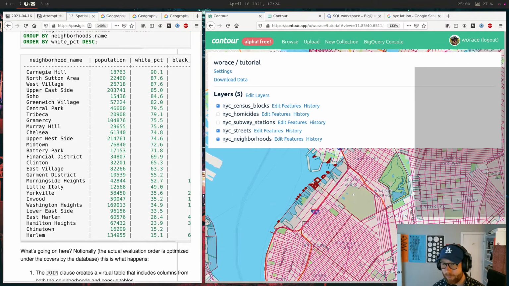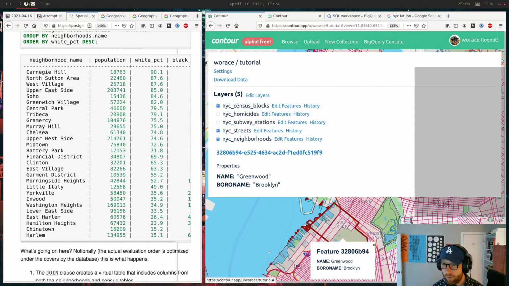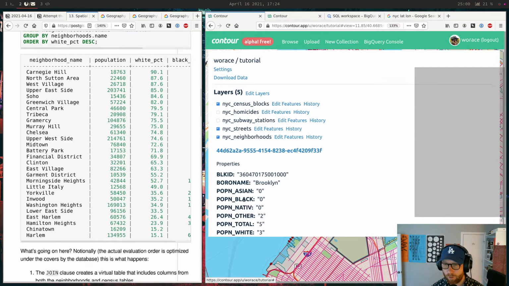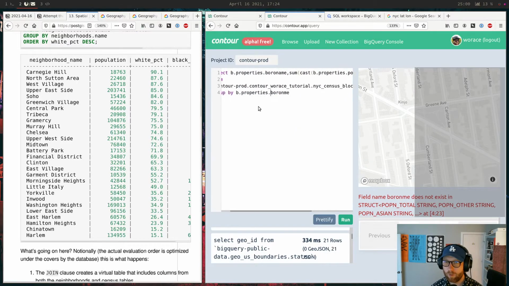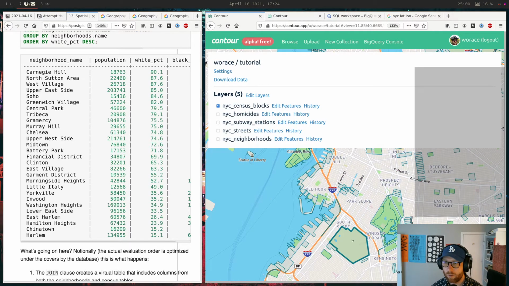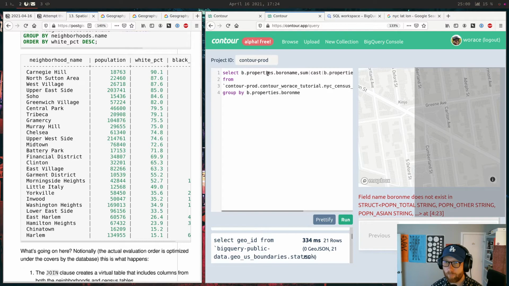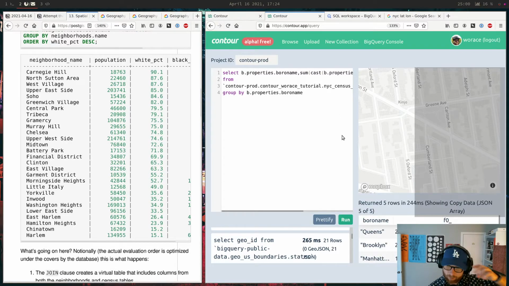Let me click on one over here. Sorry, this map is freaking hard to see. Oh, wait, they do have borough name. Did I do it wrong? I see census blocks. Field borough. Oh, I typed it wrong. That's why. Oh my god, embarrassing. Typo. Oh yeah, there we go.